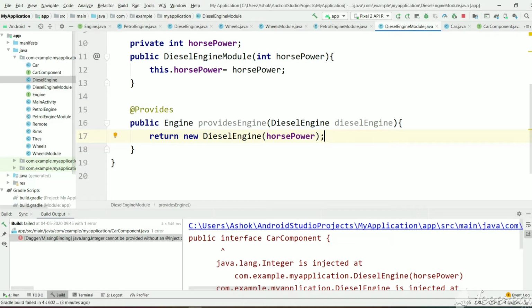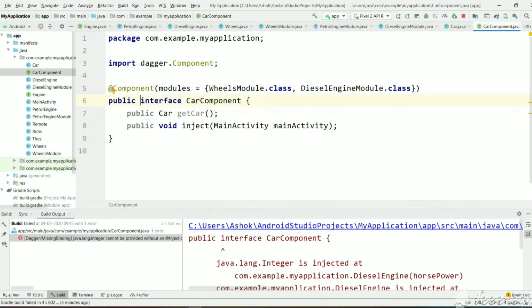And if you see, we are not going to create diesel engine using Dagger, so we don't need this argument. We are directly creating new diesel engine with horsepower, and we are telling Dagger to use this to create diesel engine in car component, because in car component we have provided the diesel engine module.